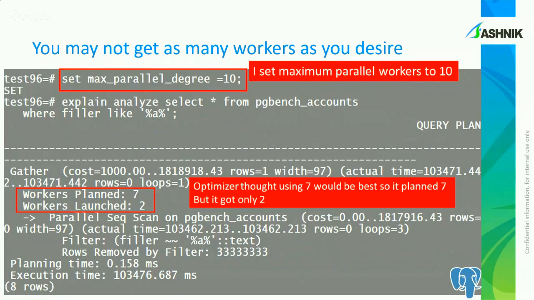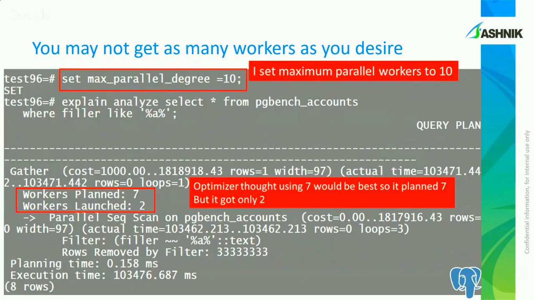Now, in this case, you can see the max degree of parallelism that I have set is 10. So max parallel degree is 10, but Postgres decides that the best degree of parallelism, or most optimum number of worker processes, would be 7. So it decides to request 7 processes, but it actually gets only 2 of them, because there is a